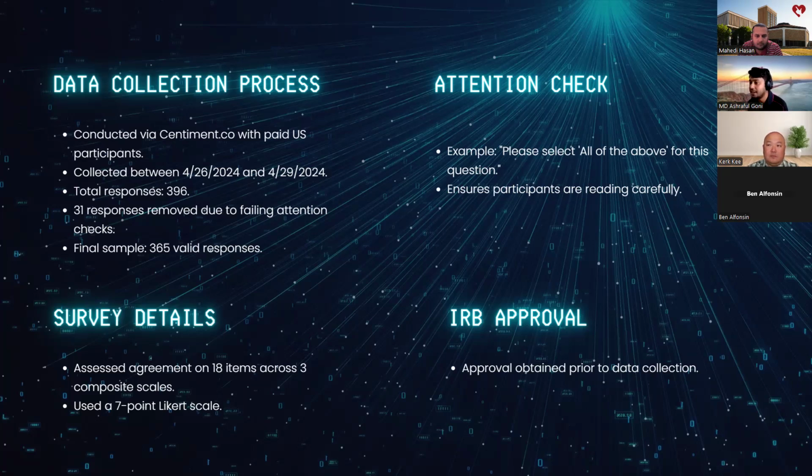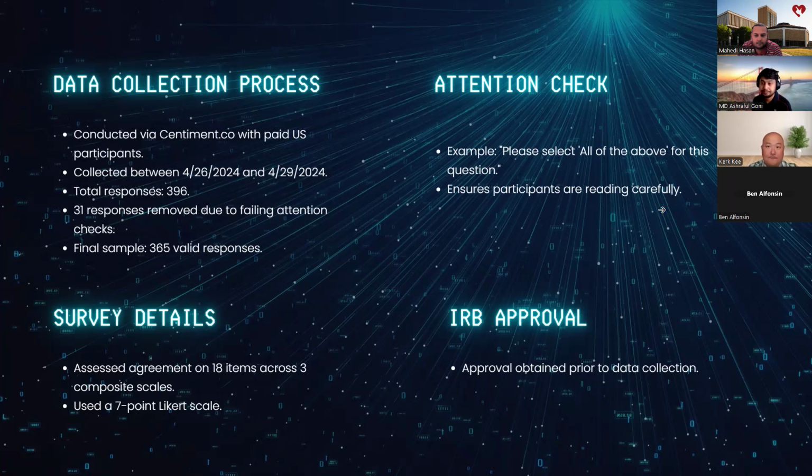And what was the attention check? We gave an attention question in our survey that was, please select all of the above for this question. So the participants who did not select all of the above, we considered them a failure because they did not read the question properly. And finally, we had 365 valid responses, and we used an assessment of agreement on 18 items across 3 composite scales, and we used 7-point Likert scales, and we also collected some demographic data as well. So that's all the explanation of how we conducted the study,